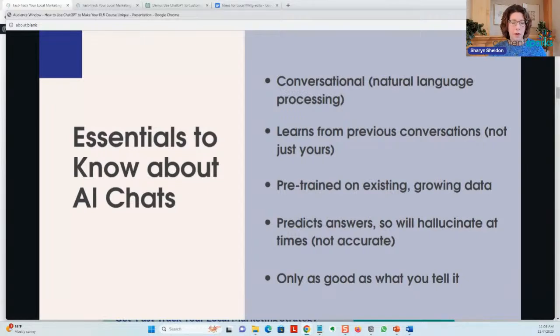There are some others from Anthropic called Claude that you may have heard of. There's Google's Bard that I'm sure you've heard of. And there's more coming out all the time, but they all tend to be built on the same type of technology. And that learns from previous conversations. So it has existing data, it's pre-trained on all this existing data,